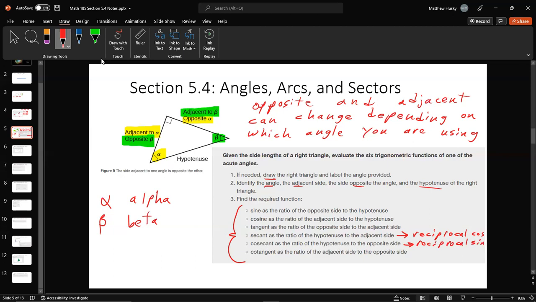But anyway, the reciprocal of cosine is the secant, and the reciprocal of sine is the cosecant. And so really just know that if you want the secant, the cosecant, and the cotangent, you're just going to flip the fractions upside down for their respective